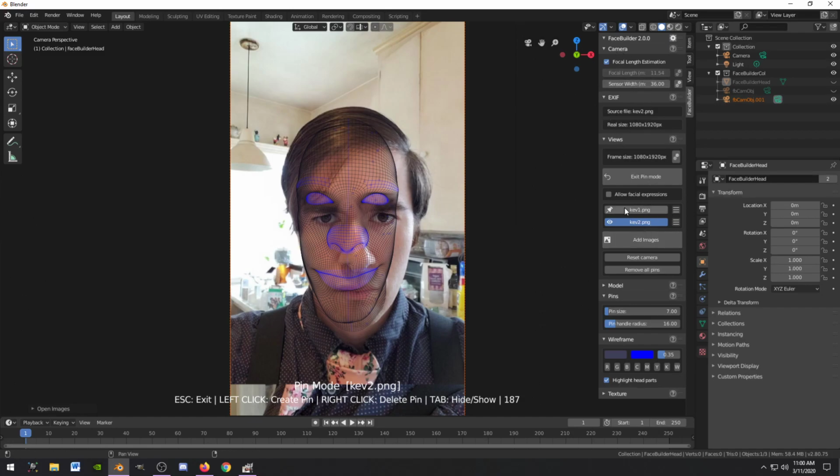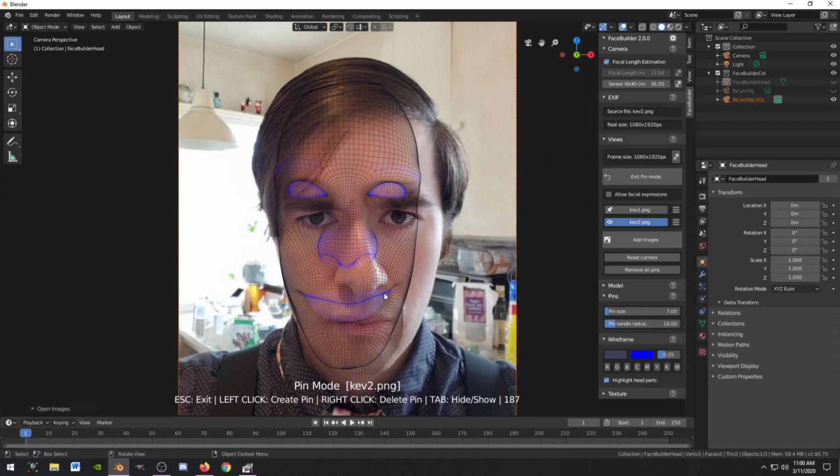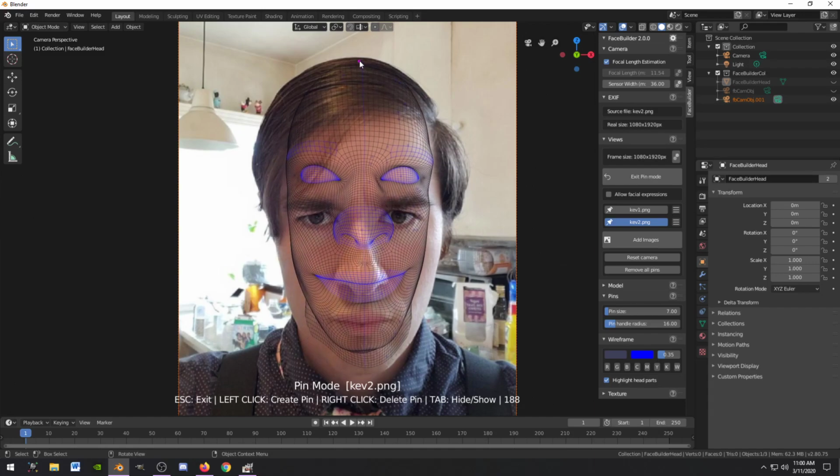Geez. Estimation. I didn't turn on facial expressions this time. I want to see what it looks like. My character looked really creepy last time, so I think I might stay away from that. Okay. This part's always difficult for me, so I'm going to start at maybe the top of his head this